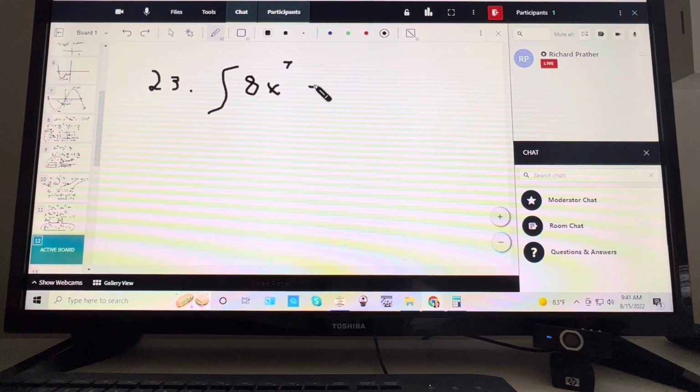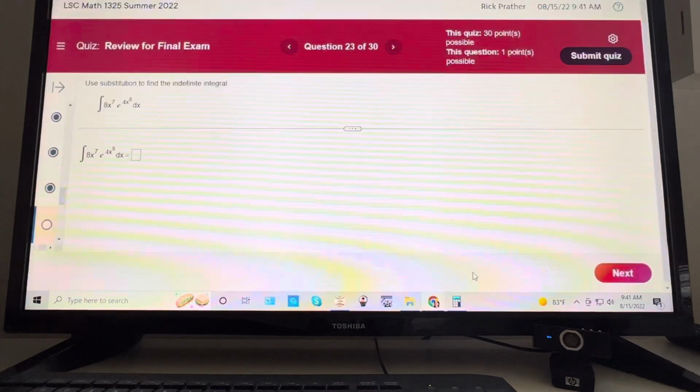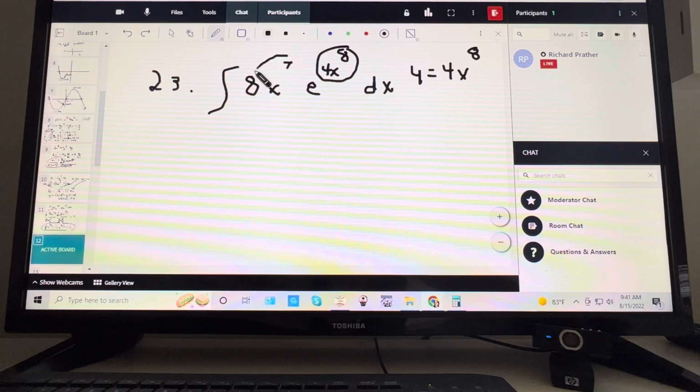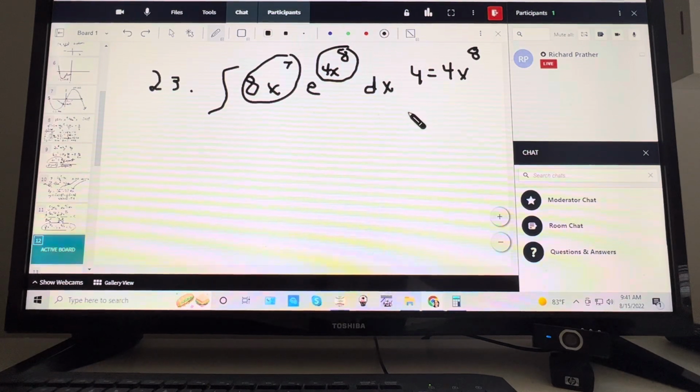And then we got e raised to an exponential part, e raised to the 4x to the 8th. So the x to the 8th part, that's going to be my u, what I set equal to u, because I know the derivative of an 8th power drops down to a 7th power. And what do you know? There's a 7th power right here. So du would equal 32 x to the 7th dx,